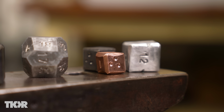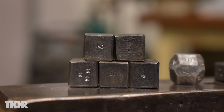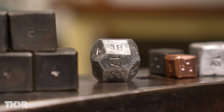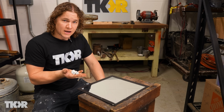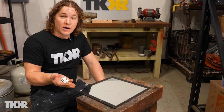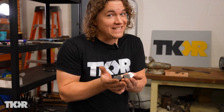They're all polished up and looking nice. And then here's a few that my son made. And also one more. There's an 18-sided die that we made out of aluminum just recently. Super fun. Why don't we try these out? Now with normal dice, you don't really have to worry about rolling on something fragile like your table or glass, for instance. But with these dice,